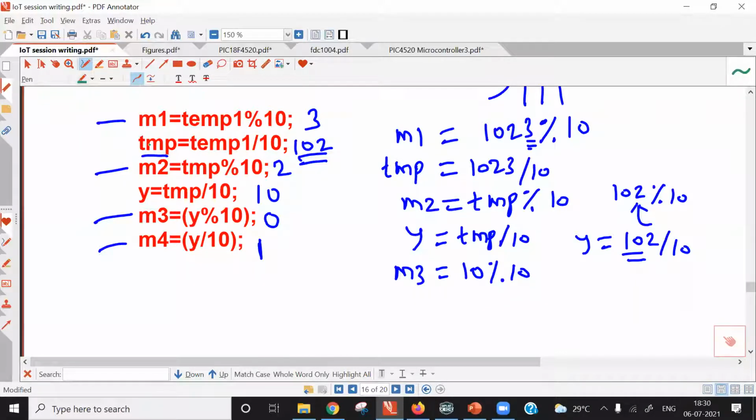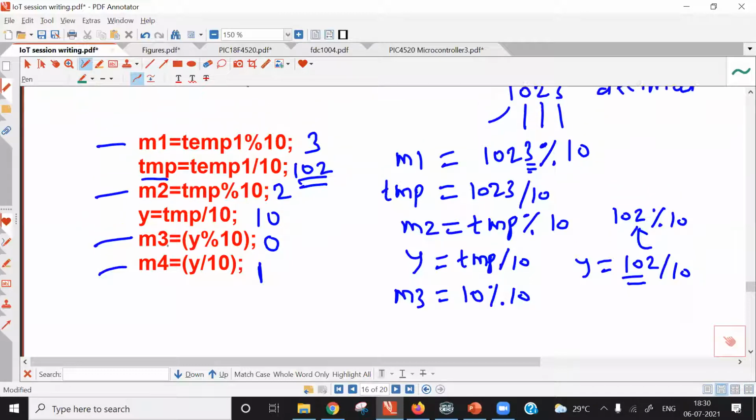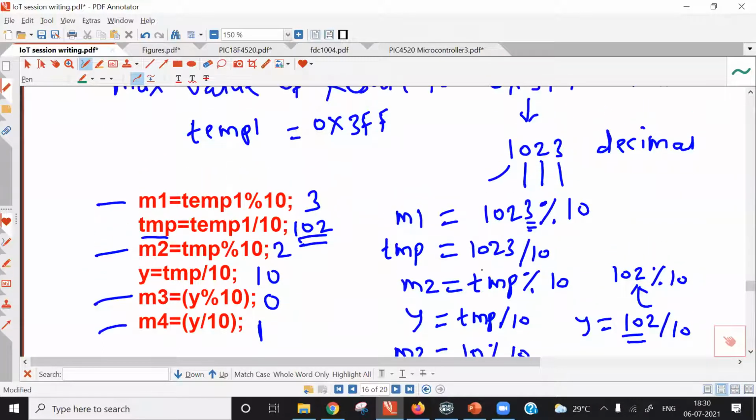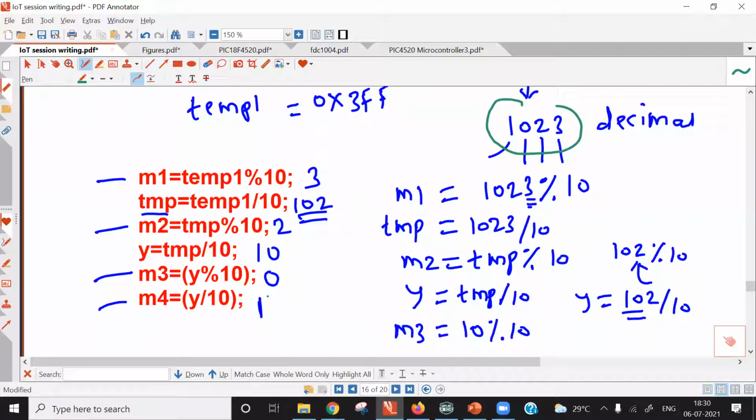So our 4 bits are saved in M1, M2, M3, M4. And what is our result in decimal? This result can be any value in between 0 to 1023 on decimal scale. For case study, I have taken ADC result equal to 1023. So you will see here, this M4 contains